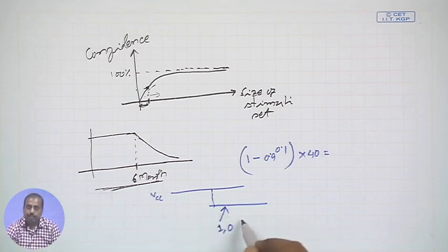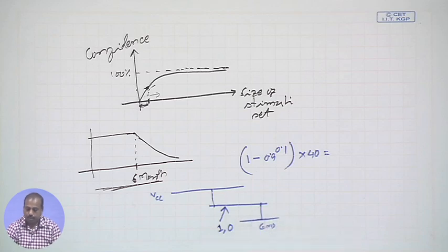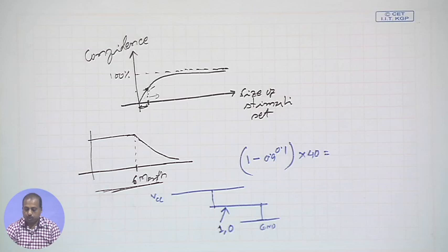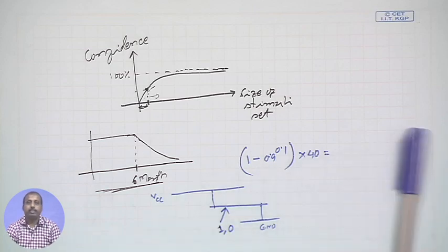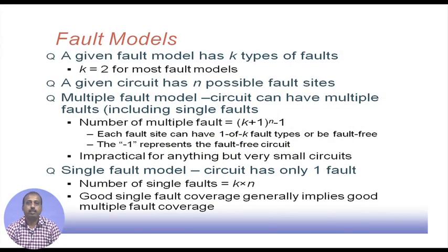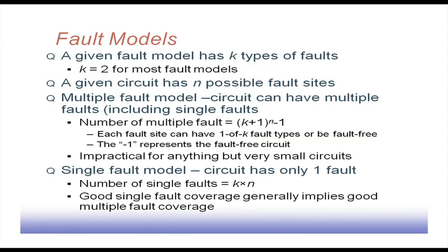Similarly, if this line is shorted with the ground line, we have another fault, which is permanently 0. When we talk about logic gates, with inputs and outputs, this model is a very ideal one, because a logic gate has some inputs and some outputs, and the fault that can occur is one of those lines becoming permanently 1 or permanently 0. That way, every fault in this particular case has two